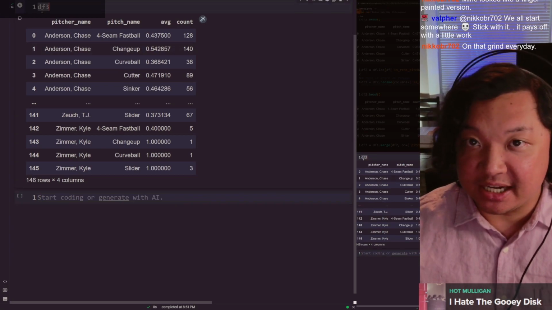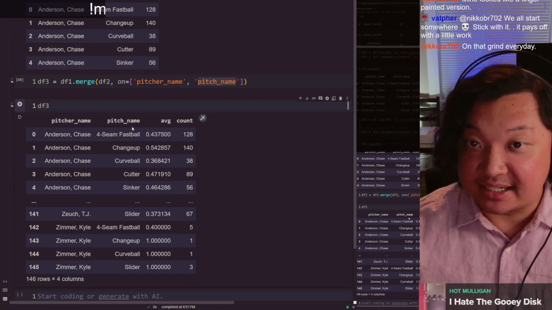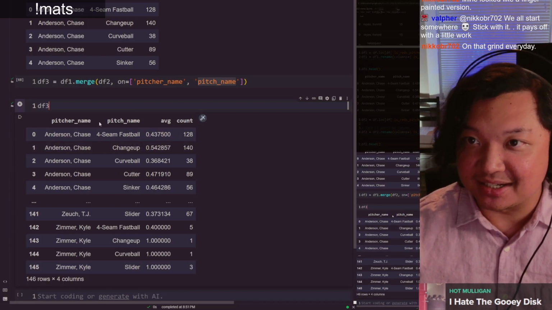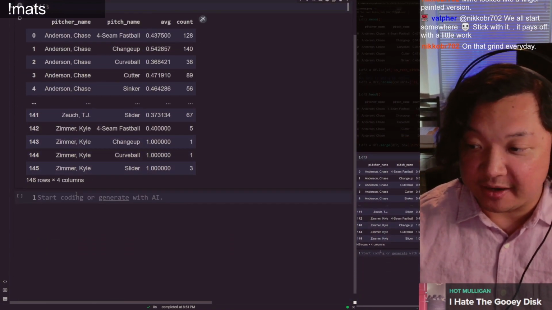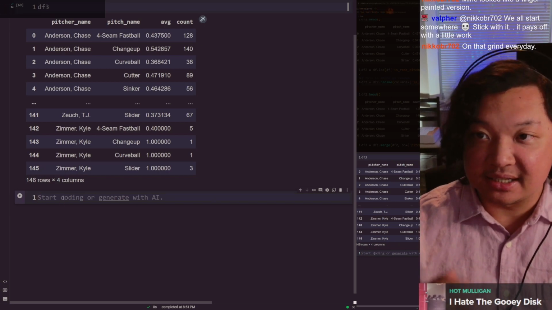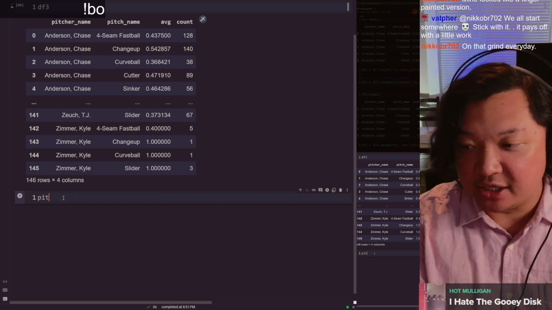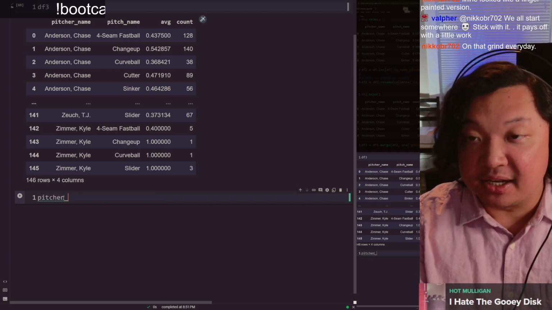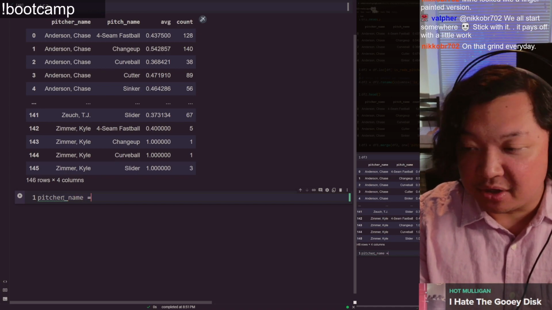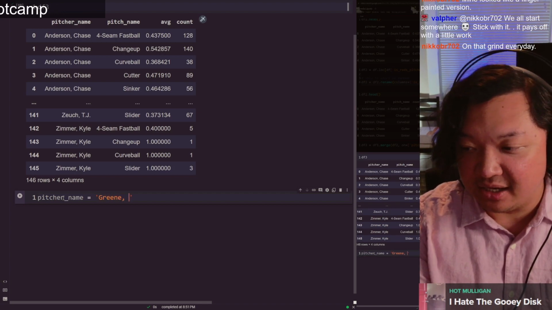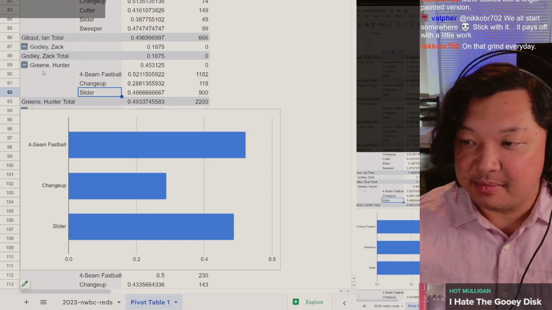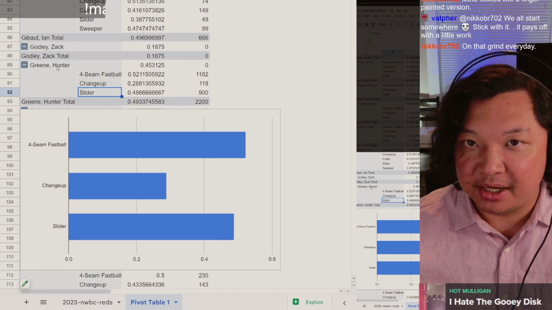So we'll use our df3 table, right? This has the same information that we have in our pivot table. So we should be able to use this exact table, this exact data frame, and recreate the data visualization, okay? So the first thing we want to do is let's just make sure we could get to it, right? Let's make a variable, like how we do X, how we do DF, DF1, 2, 3. Let's make one called pitcher name. And I want to look up Green, comma, Hunter,